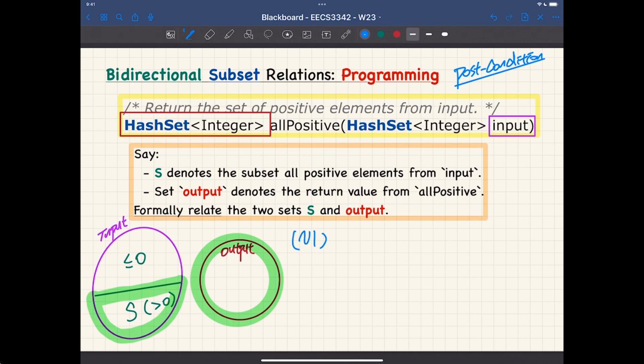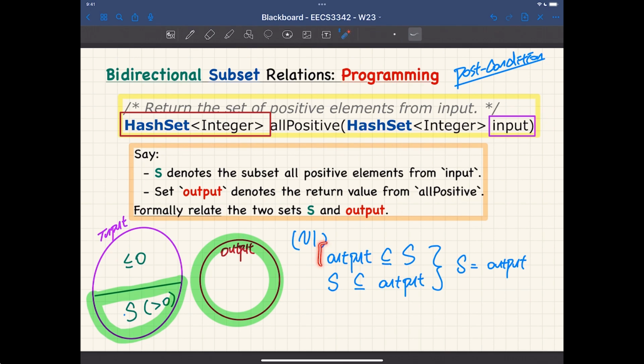You can say the output is a subset of S. There's a partition here. And also S is a subset of the output, because both together tell you S will be equal to the output. Both are important. Let me say a little bit more and then I'll take your question.